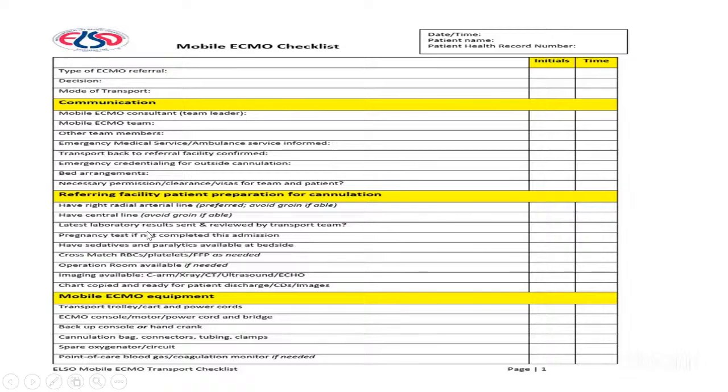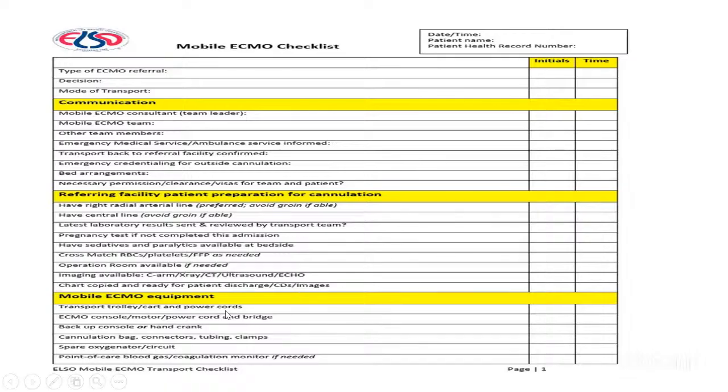So central line, arterial line, sedative, paralytic, blood and blood products, operating room or the cath lab where the procedure can be done, imaging like chest X-ray. These we have all discussed previously, but this is a standard checklist. If you say that this has been there, then the success and the safety of the ECMO initiation or ECMO